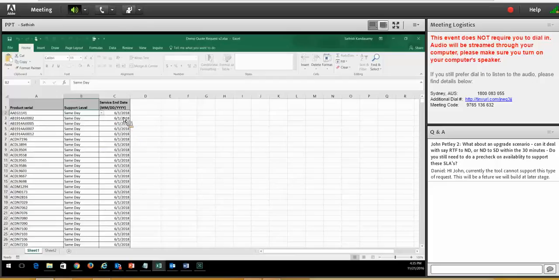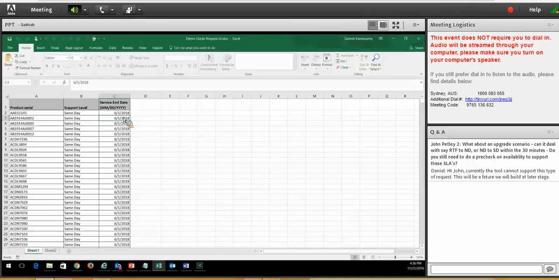And then the third column is the service end date. The tool, if you do not populate this, will default to a 12-month duration. But if you want to choose a different duration, you can choose to override the 12-month with it. But keep in mind, our policy is to renew for at least 12 months. So this tool will allow you to input only values beyond 12 months. If you do put in a value less than 12 months, it will ignore it and then code for 12